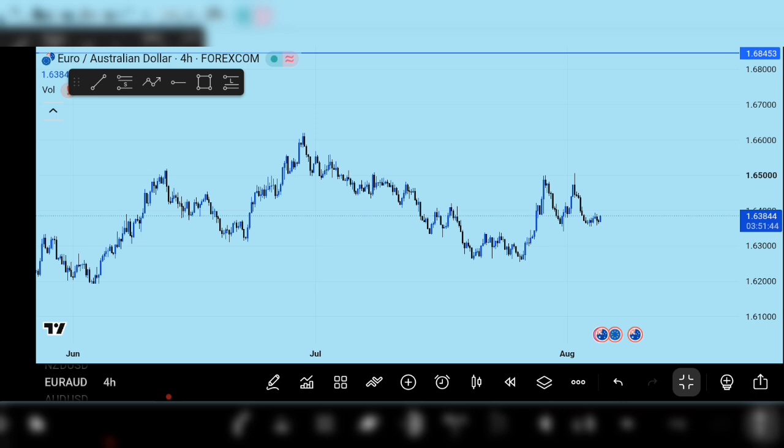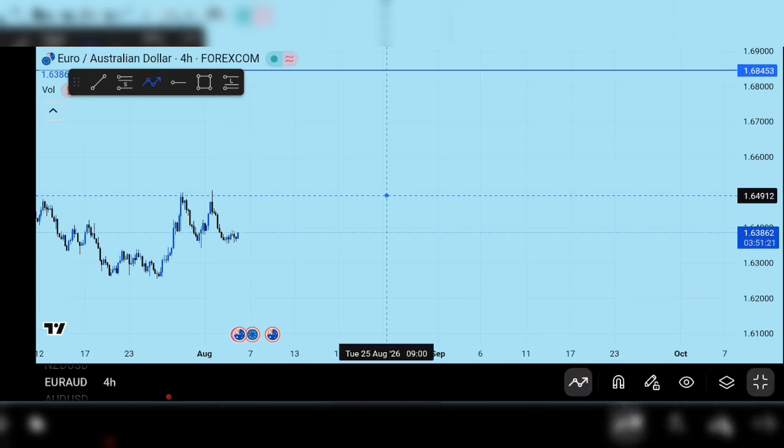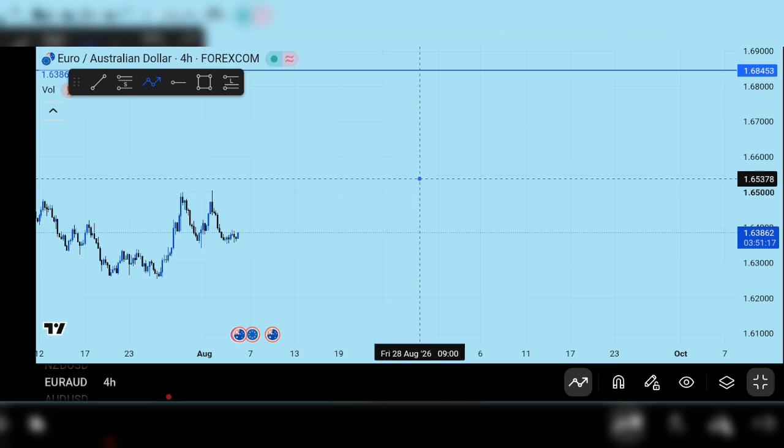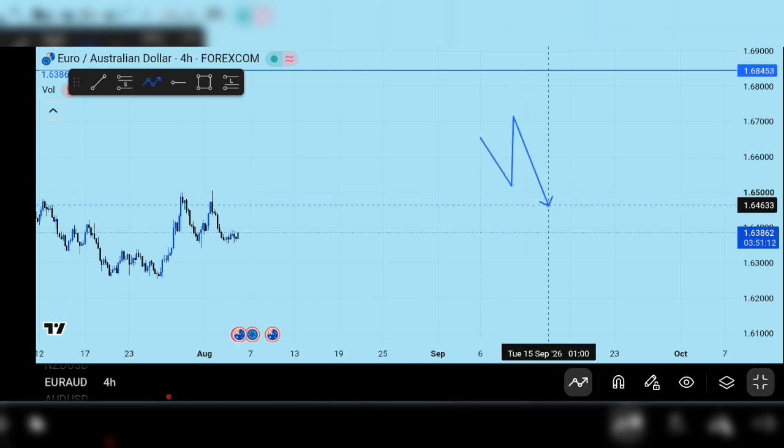Now I'm on my Euro AUD on my H4 time frame. For you to use market structure to identify the direction of the market, you need to mark out your lows and your highs. So in market structure, we have three market structures that I use to explain what market structure is. Firstly, we have something like this. If the market is in an uptrend,